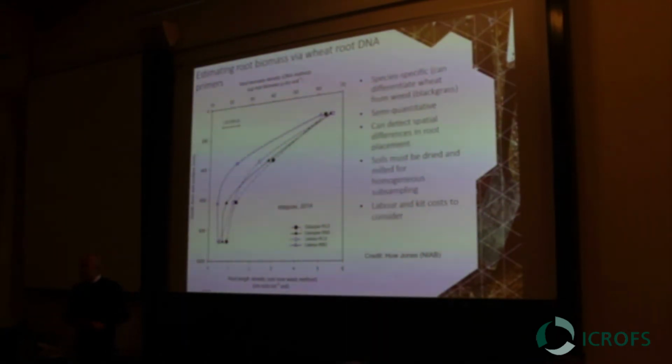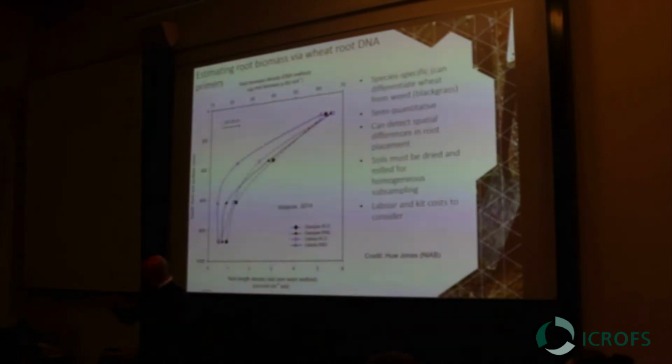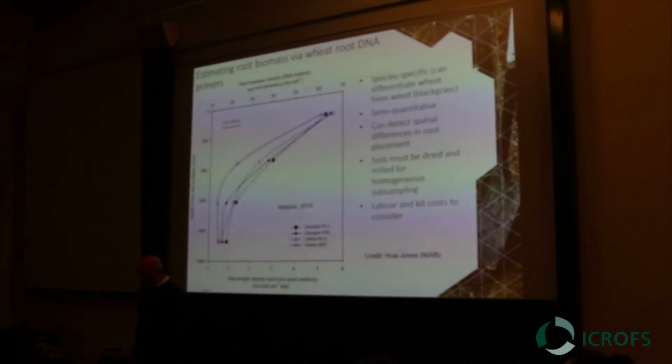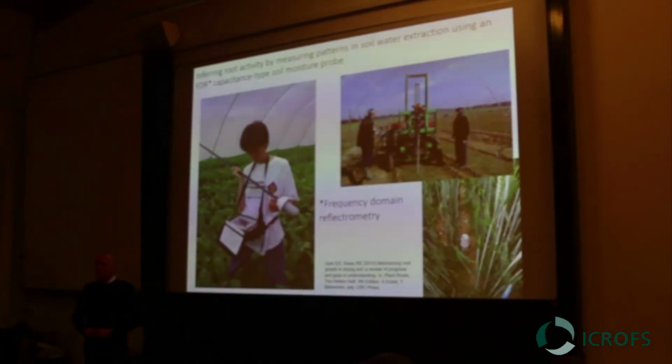But the other important thing is that because it's specific to the species, and you can develop another primer, for instance, for a weed, blackgrass, the very important weeds in the UK, and you can determine the relative proportions of the two different weed root species in a soil sample. But it doesn't tell you anything necessarily about the actual root mass. It's an indirect method. Another indirect method that we've used that's mentioned before is looking at root activity rather than